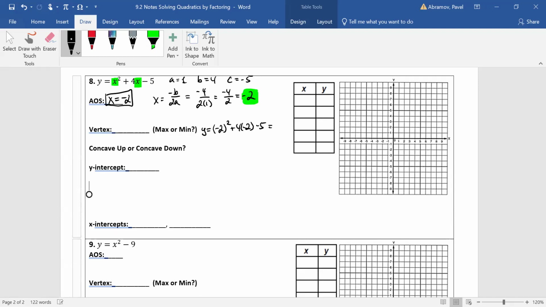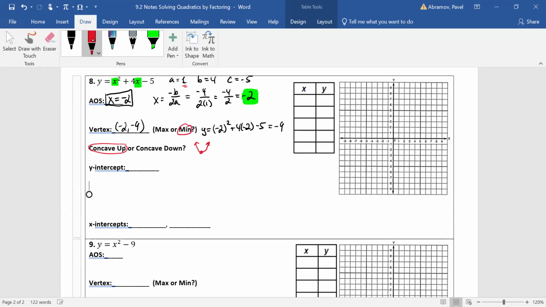That gives us 4 minus 8 minus 5, and we get negative 9. So our vertex is negative 2 comma negative 9. Since our a is a positive number, our shape will be concave up. Concave up means it's going to go this way, which means our vertex is at the bottom,